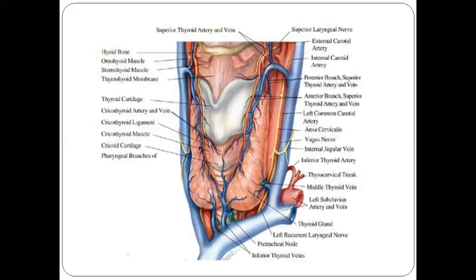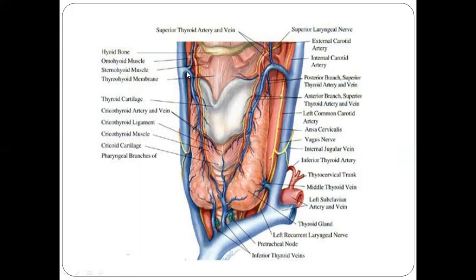So again, this is the superior thyroid artery. This is the superior thyroid vein. And this is the external laryngeal nerve. So these structures are present: the external laryngeal nerve, artery, and the vein. And these are the inferior thyroid veins. The inferior thyroid veins join with each other, running over the trachea, and join the left brachiocephalic vein. Or sometimes on the right side, it opens into the right brachiocephalic vein. So this condition will vary from patient to patient.